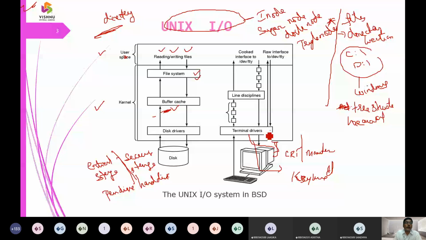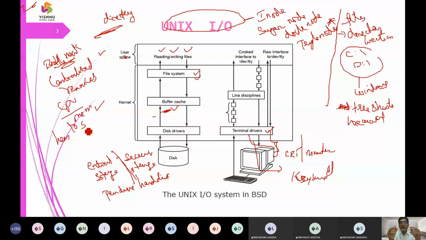Again, we call this system a bottleneck, and when it is a bottleneck, we have centralized resources, that is, the CPU and memory have to be shared. The terminals are a cathode ray tube or a monitor, and the CPU and the memory have to be shared by multiple processes. That's why these are lined up: job 1, job 2 and job 3, and they are processed one after the other.